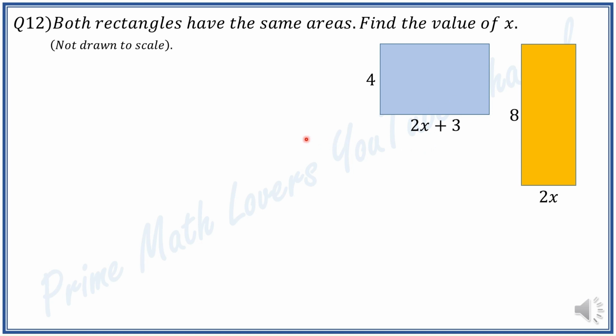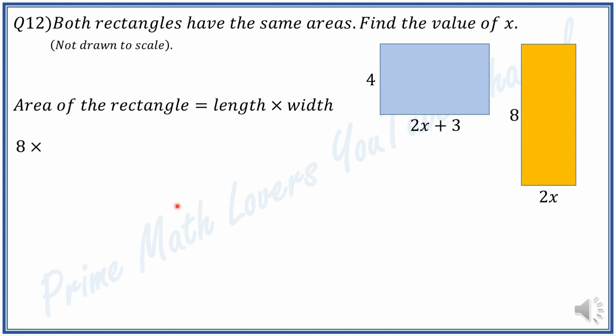To solve this, we need to find the area of both rectangles and set them equal to each other. So the area of a rectangle is length times width. For this blue rectangle, the area will be 4 times 2x plus 3, and for this orange rectangle, it will be 8 times 2x. So we write down 8 times 2x is equal to 4 times 2x plus 3, and then we need to